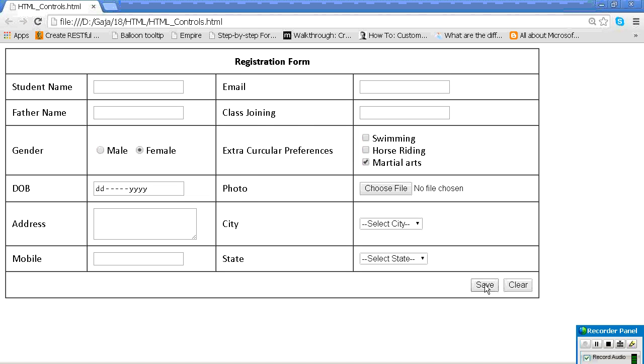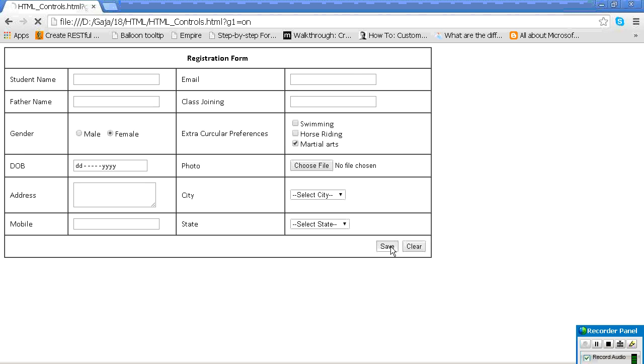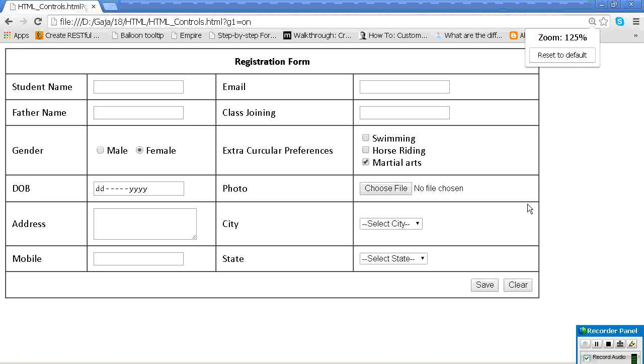Now see. Are you seeing the refreshment? In this place you can see. Now which control can send the request to the server? Input type equal to button only. But which kind of button? Input type equal to submit. What is the text property? Value equal to, you need to use something. Which can clear all data is the reset button, input type equal to reset.